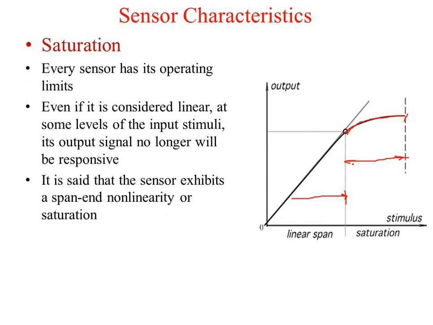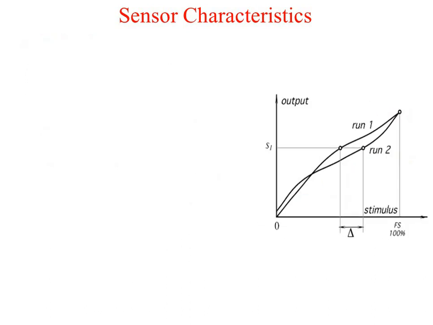application. So suppose you are using a temperature sensor, and your temperature range is 100, but beyond 100 your sensor shows saturation, and your application expects that your stimulus should be sensed up to 150. So the sensor having a linear span of 100 will not be useful. So you need to select the sensor in such a way that the application stays within that span only. So for that purpose this is very important.